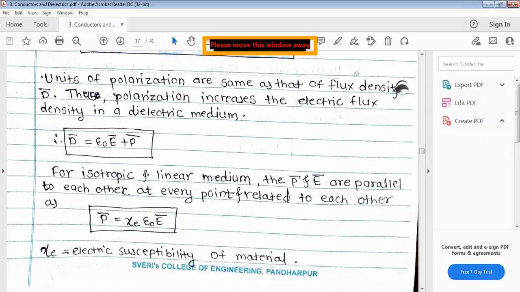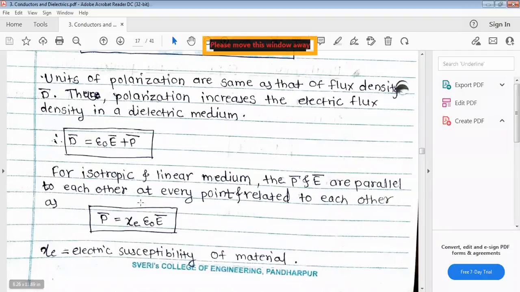That is nothing but the isotropic material. So when we are considering an isotropic and linear medium, this P bar and E bar are parallel to each other at every point